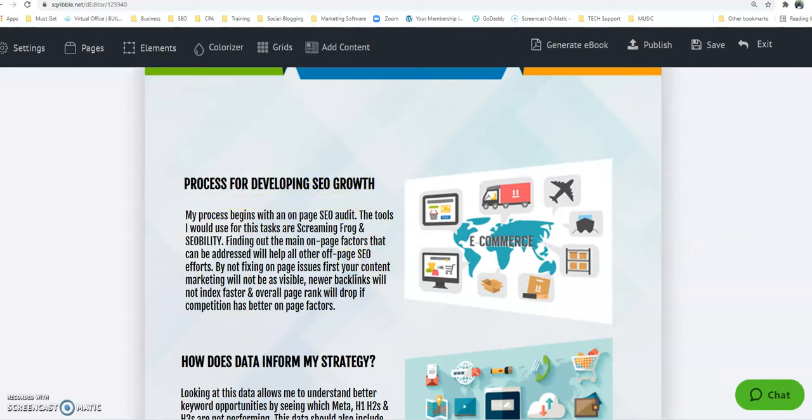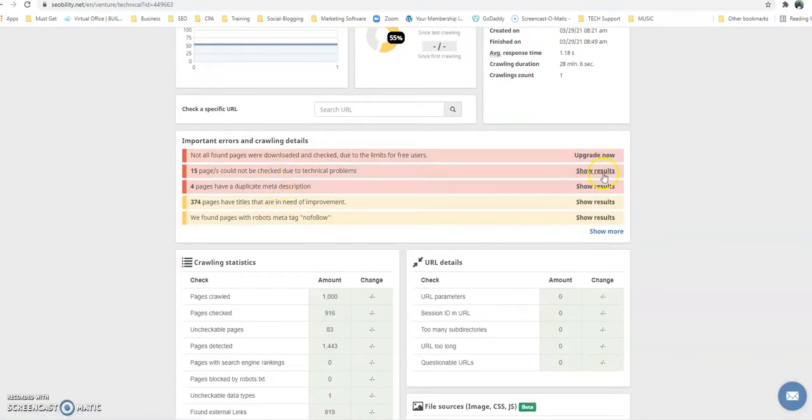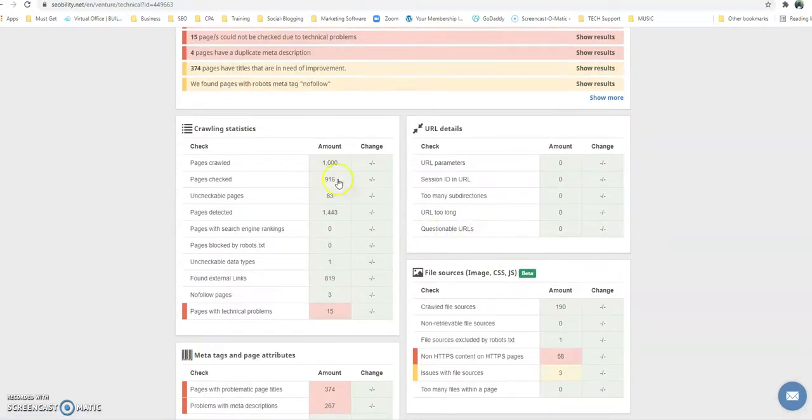Obviously, I like to use on-page factors first. For example, if I use your website as just the basic blueprint, you have very good content. You see an 86 site structure, not too bad, but it can be improved. You just need some help with the tech and meta. This information here, if I can go in to show more results, but this is some of the stuff I'll